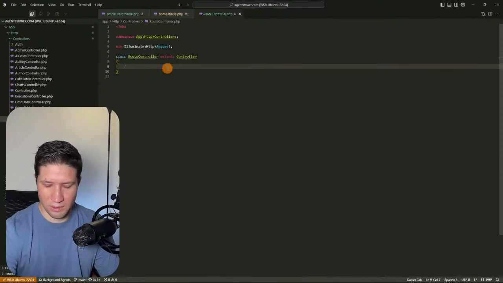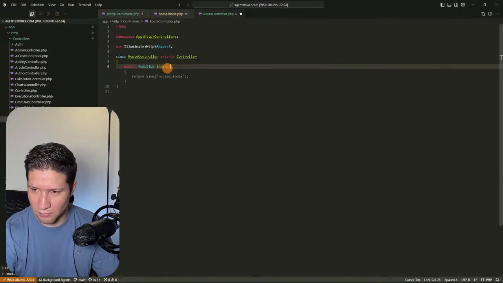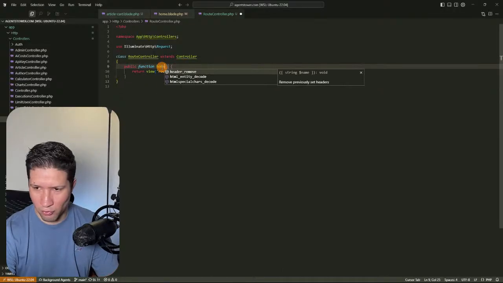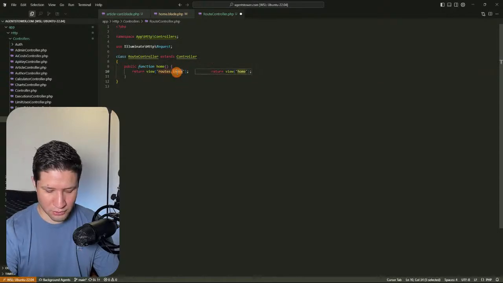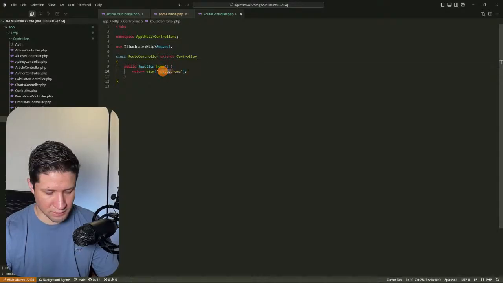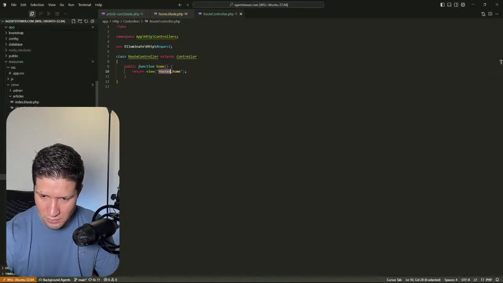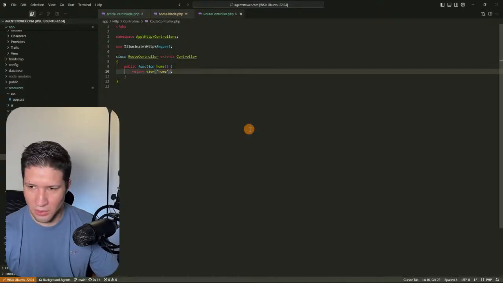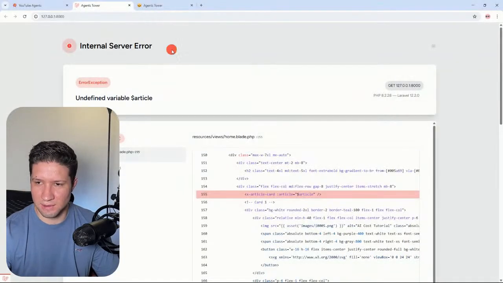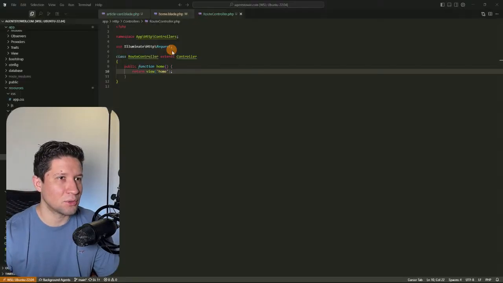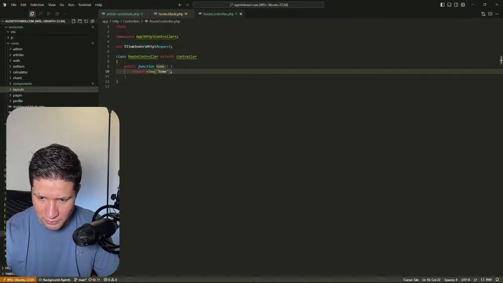And we go to the controllers, and I'm going to write something like, it could be index, but to be honest, I want to change it to home, and we're going to have home in here. So it's going to be home view home. So it's going to send me to this as well. It's going to give me another error. Okay, so yes, I need to update the routes. So if I go to web routes,